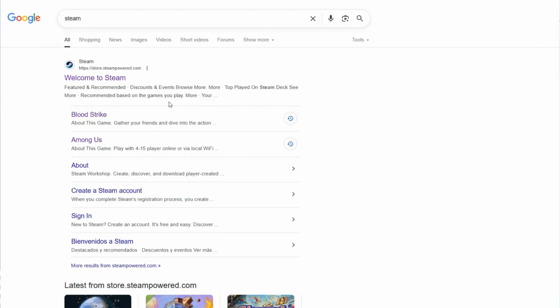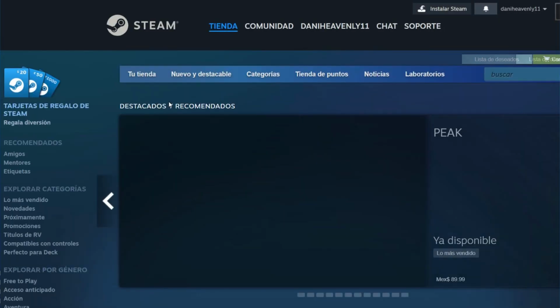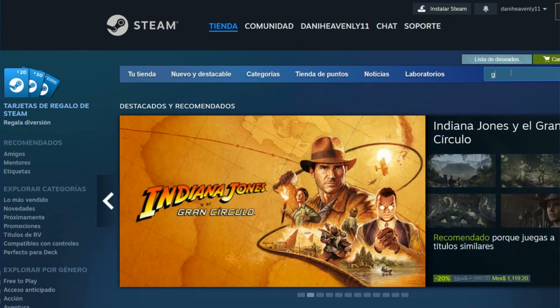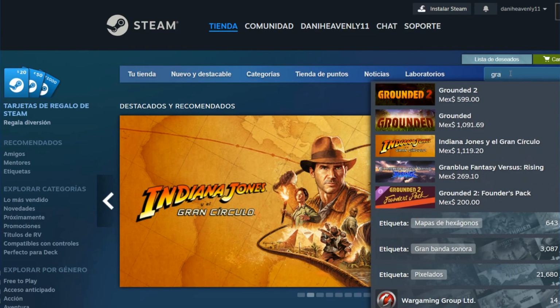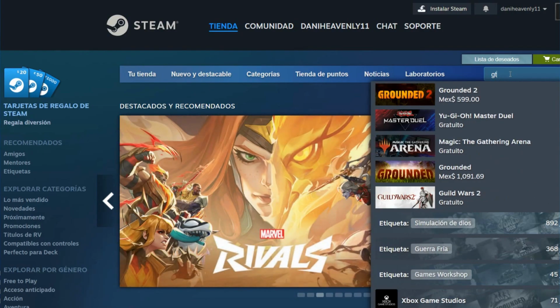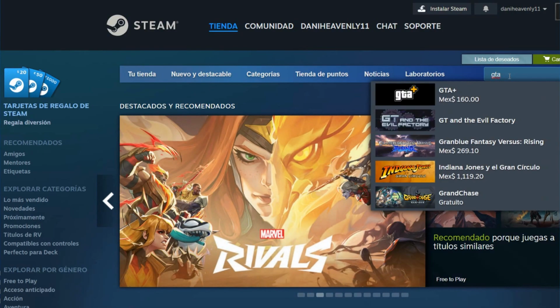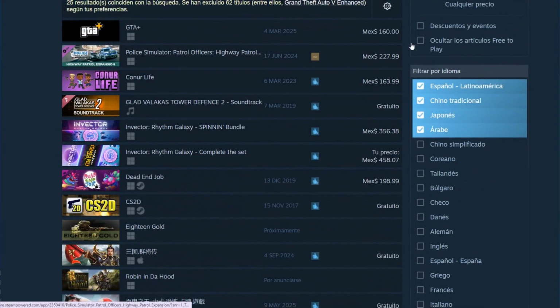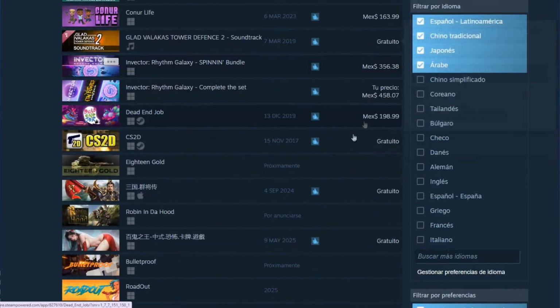On Steam, you can download any game that you prefer. Sometimes the games have a price, and sometimes are free. So you only have to write it, and of course, it should appear here, and you have to find if you have the game here. As you can see, there are games that are free, some of them have a price, so depend on it,